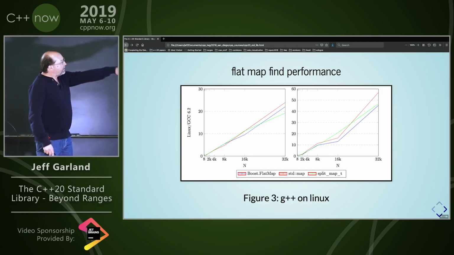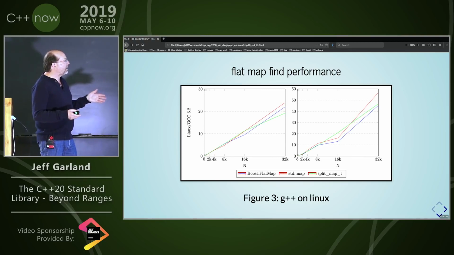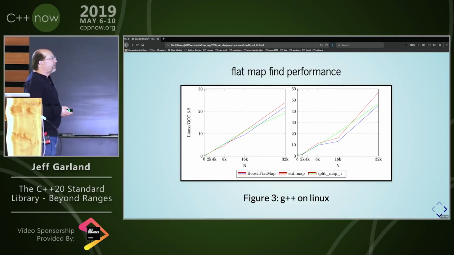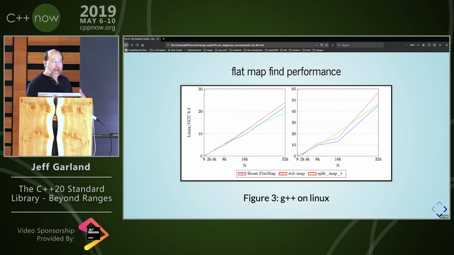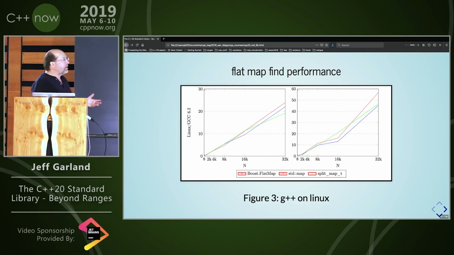So this is the same thing again with find. Of course, this is the key thing that you're going to do with maps and sets and so forth: do a find. And as you can see, the performance is somewhat similar. At the end there on the right-hand side, the standard map is falling behind by a relatively substantial margin. From a theoretical and a practical point of view, I wouldn't trust that you're going to get better performance on find, but I think you can trust that the performance is going to be similar in nature and perhaps even better in certain circumstances, and I'm going to show you why